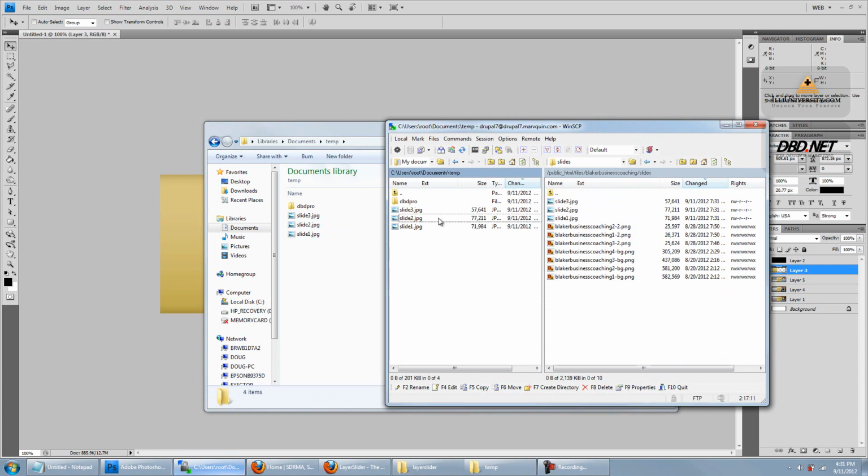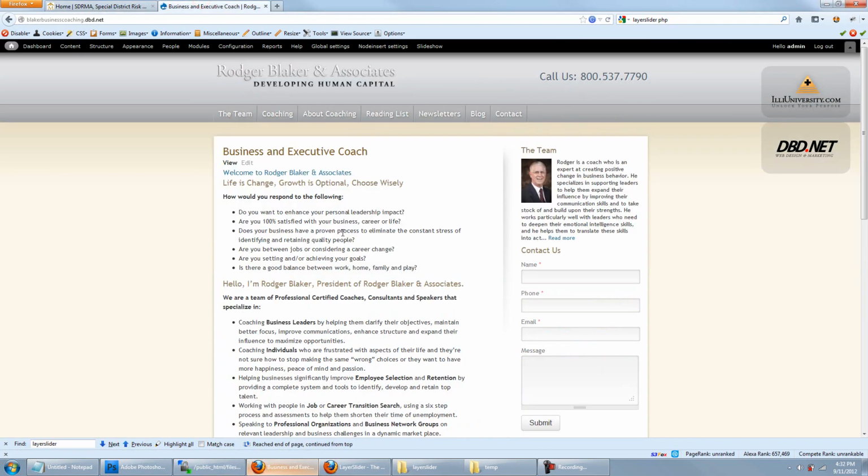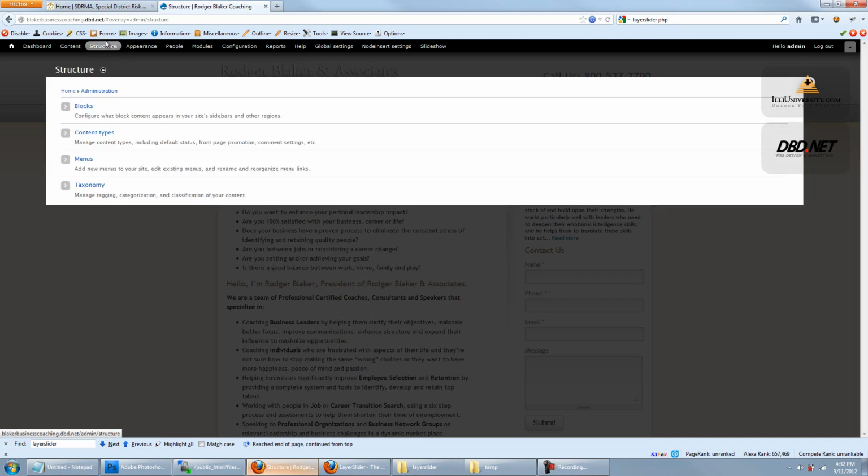So now, before I actually make them animate, I'm just going to pull one of them as an image, just to make sure everything's right with the actual HTML first. So here's what I'm going to do. This is all going to be done through a block. I'm already logged into the website here. If I go to structure blocks,